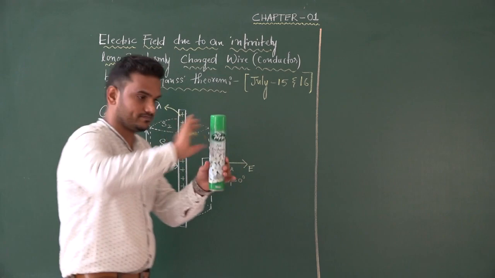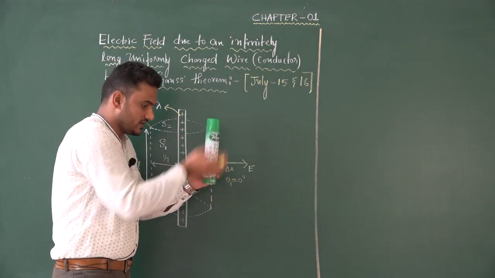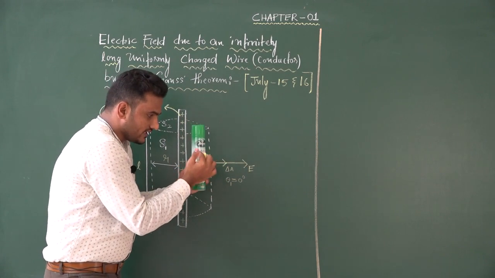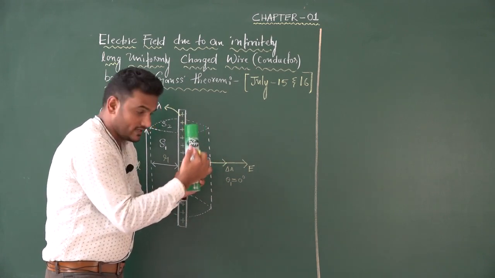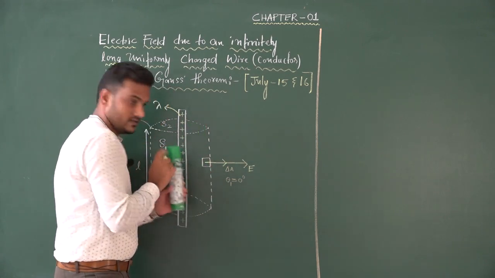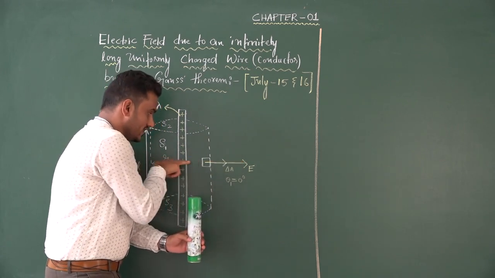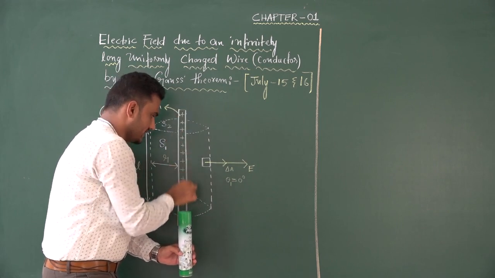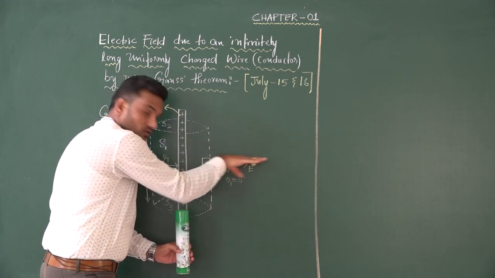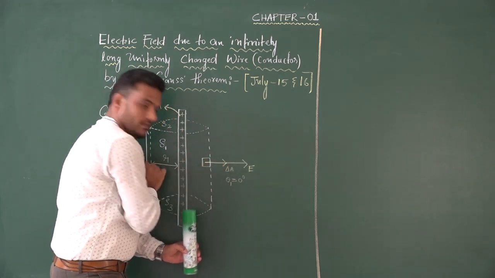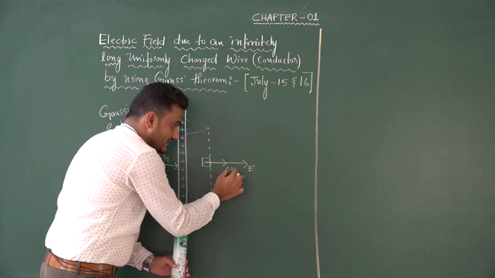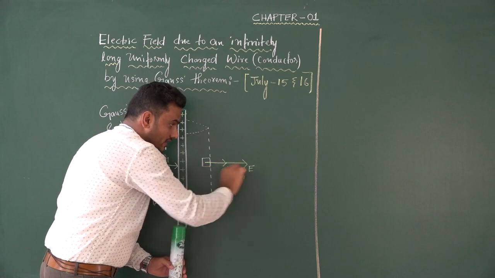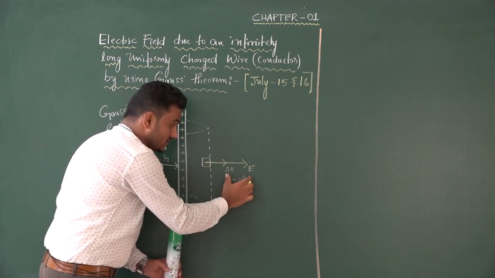Look at this. From here to here, curved surface. On the curved surface I consider one area element. This is the area element. So the direction of electric field is normal to the surface of a charged conductor, means perpendicular, like this it will move. To this area element I am writing one area vector, that is delta A. So area vector and the electric field both are parallel to each other. So theta is equal to 0 degree.